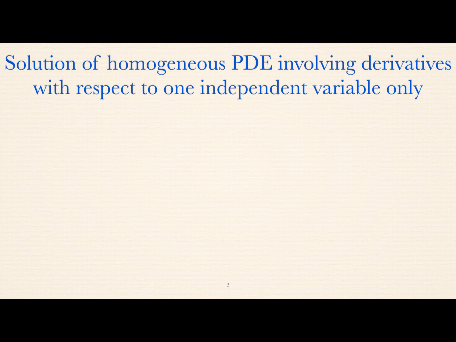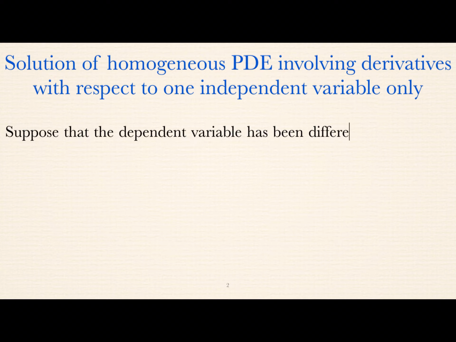If both x and y are there, that is another method that is not included in our syllabus. Remember carefully, we have dou z by dou x or dou z by dou y. Such types of equations we are able to solve here, and we are already familiar with solving those equations in module 2.